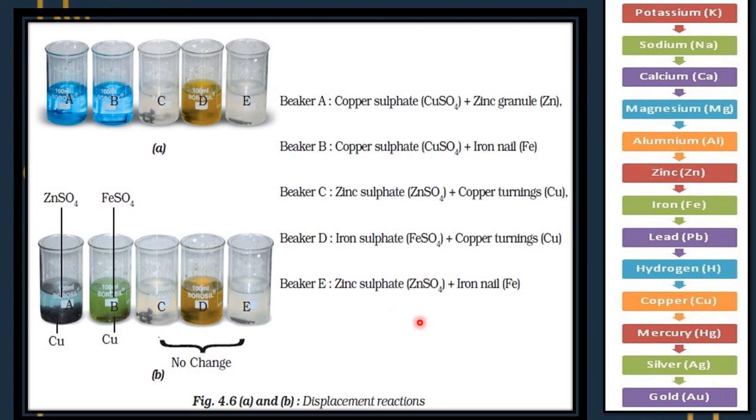Dear children, you always need to think about the metal which is all alone in the reaction. You need to study whether that metal is more reactive than the metal which is in the salt. You have to think in this way. Don't think of it in the reverse way. I repeat, for the metal which is all alone, you need to check whether that metal can displace the metal which is in the compound or not.